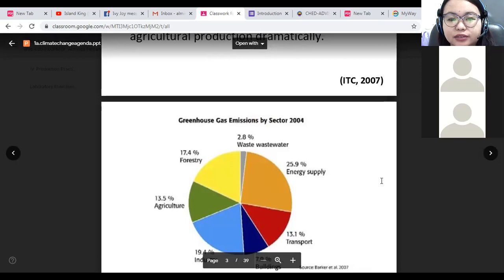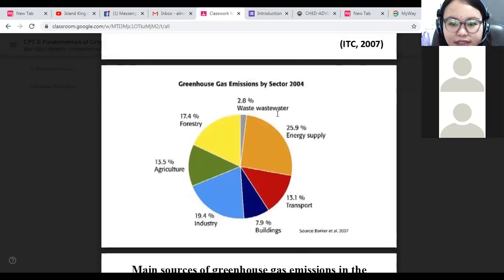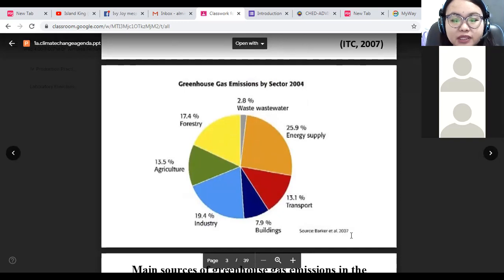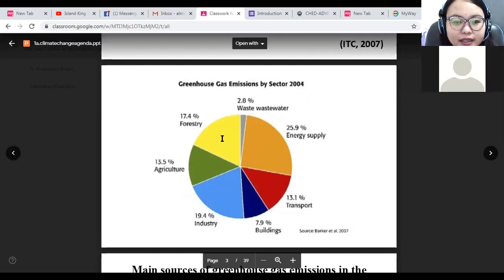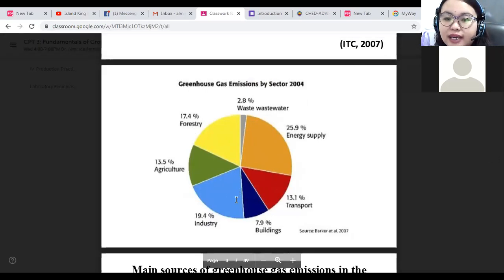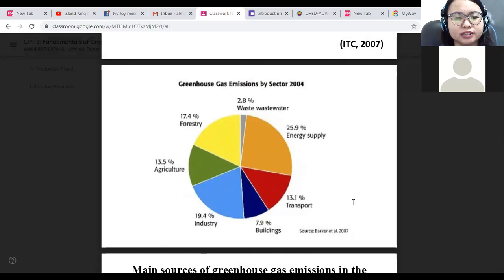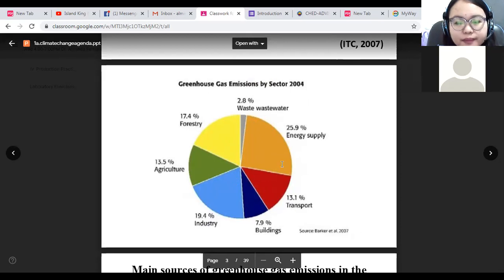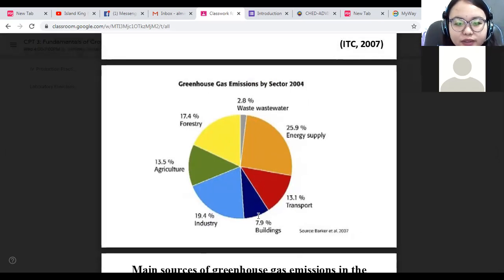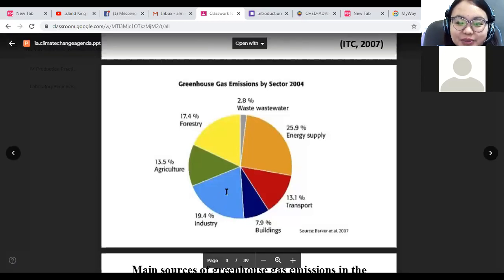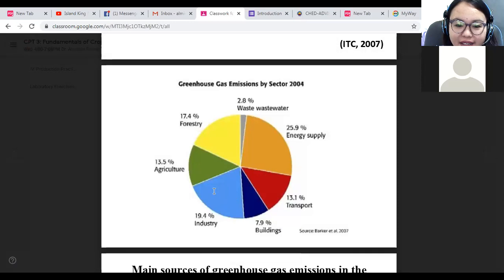by sector. And this data is from 2004, which was published in 2007 by Barker and companions. So as you can see, which has the highest contribution of gas emissions? Is it agriculture, forestry, wastewater, energy supply, industry, or what? So as you can see here, it's the industry, the blue one, because it has the highest